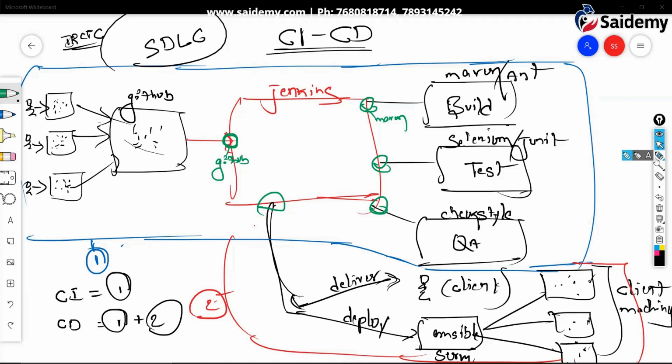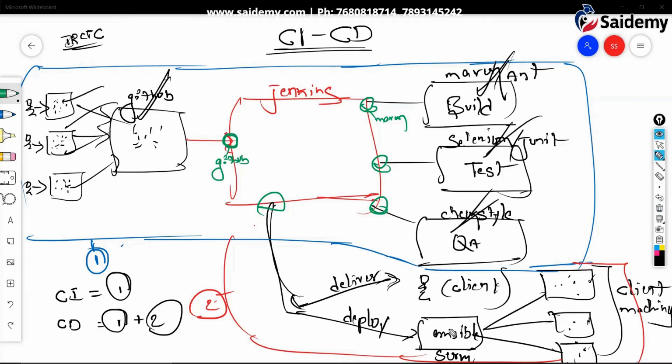See, what I explained in SDLC, software development lifecycle, that means building, testing, checking quality, deploying, maintenance, monitoring. Those are the stages we call SDLC, right? Same stages here: developing, building, testing, checking quality, deploying, finally monitoring. So same thing, whatever I explained in the demo.